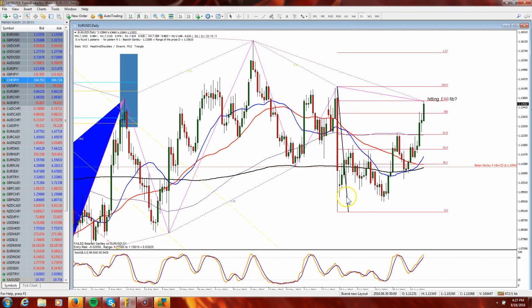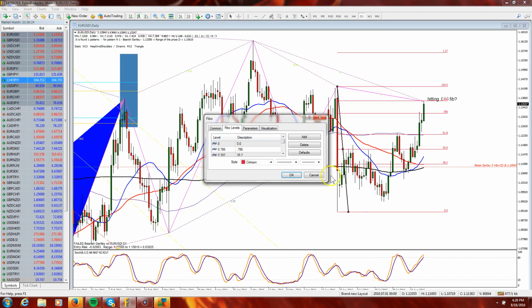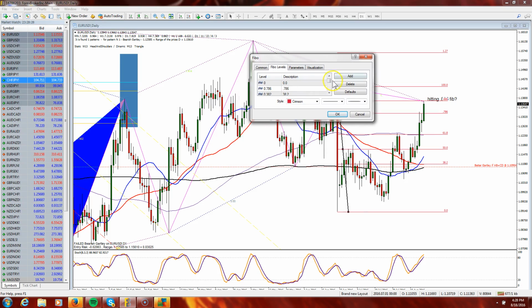Now, your fib tool with MT4 comes standard in some pretty ugly colors. It's yellow, doesn't work well, you can't see it. So what you want to do is click on the fib so that it highlights it, and simply give a right click and go into your fib properties. Now, the reason for this is because there's certain things we want to take off. For instance,